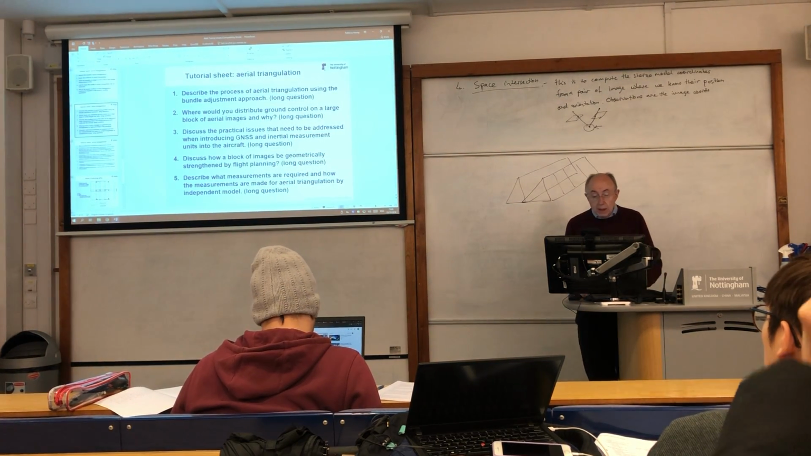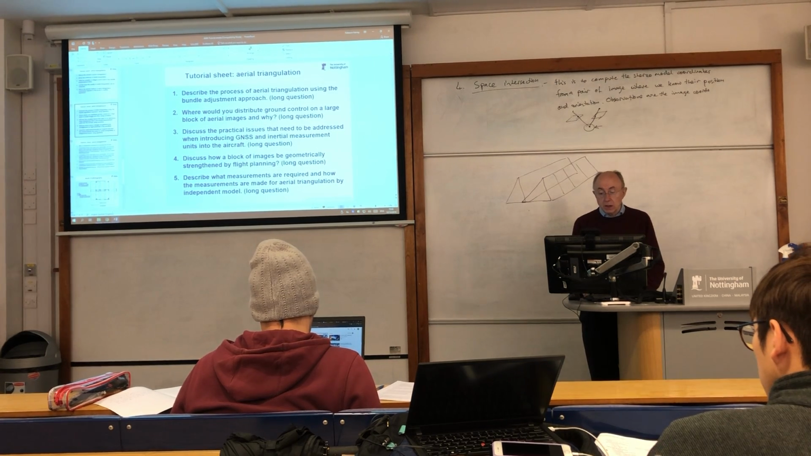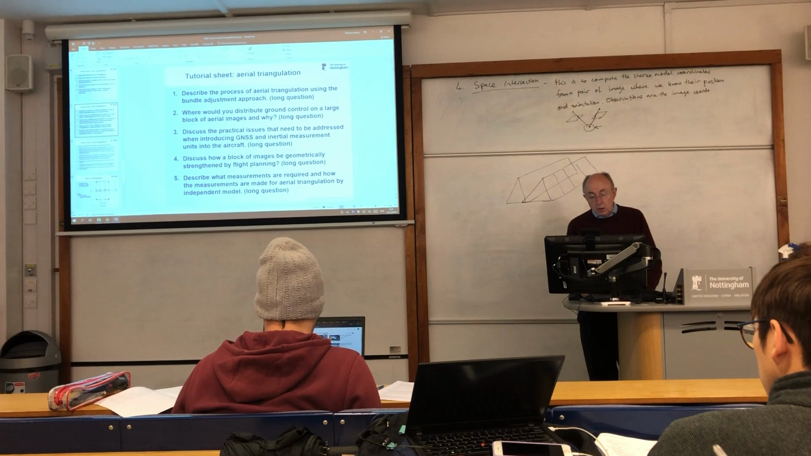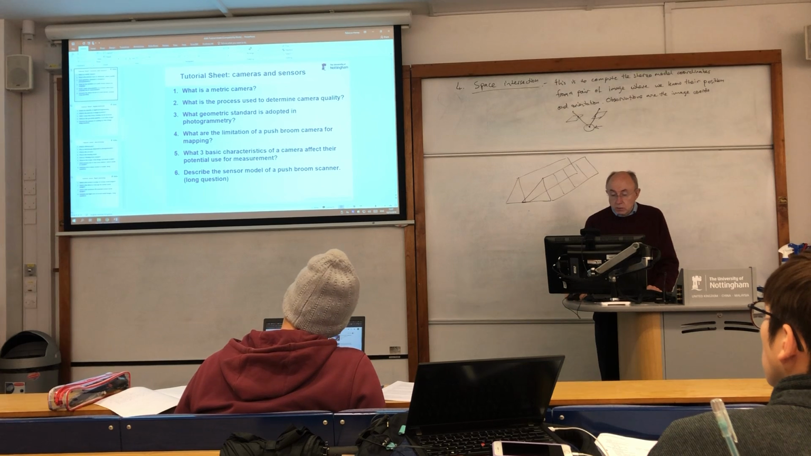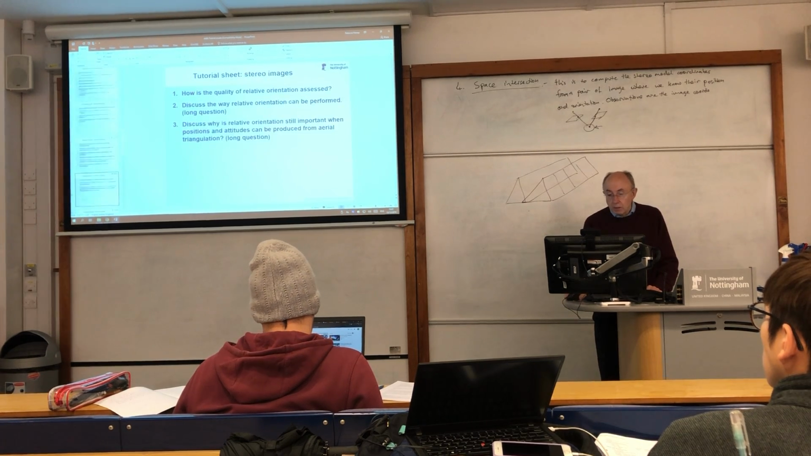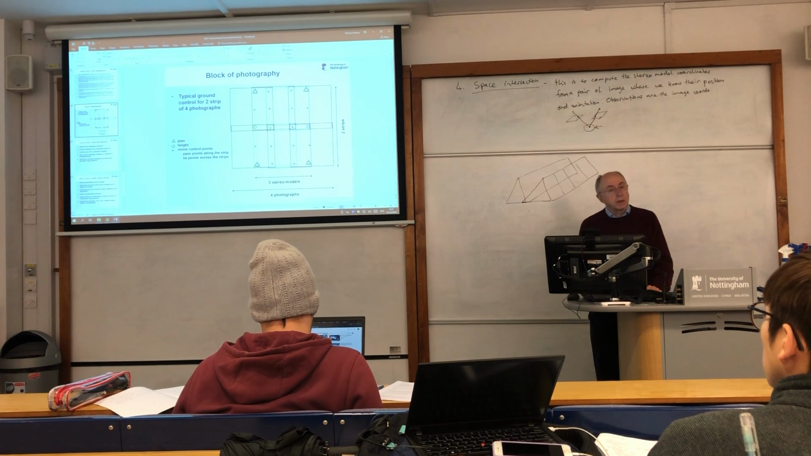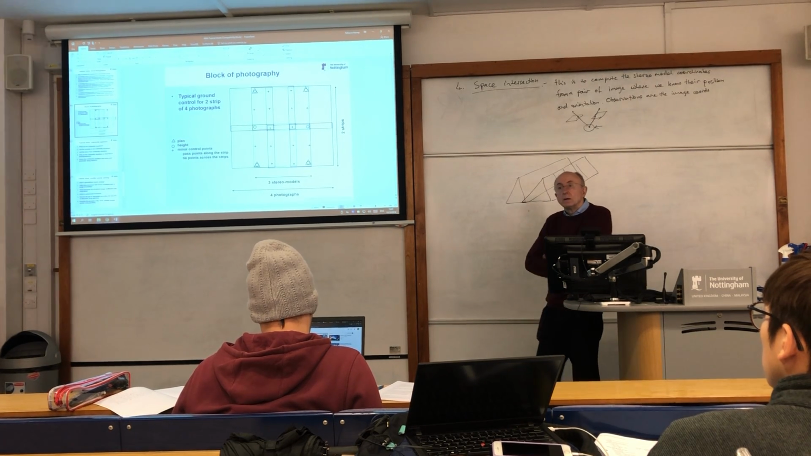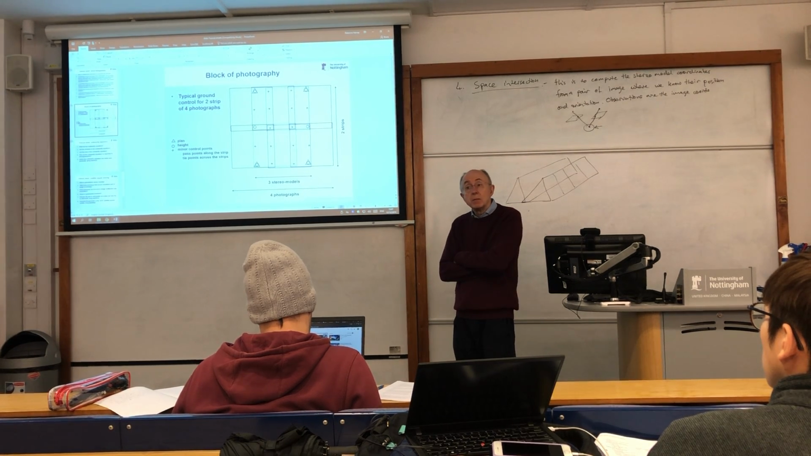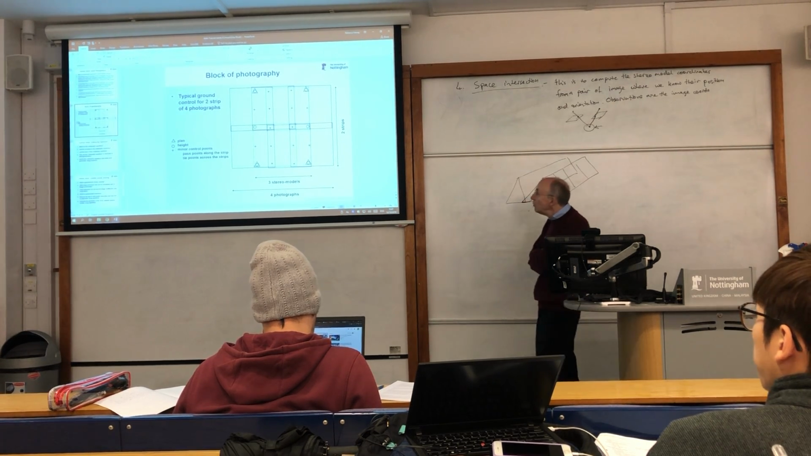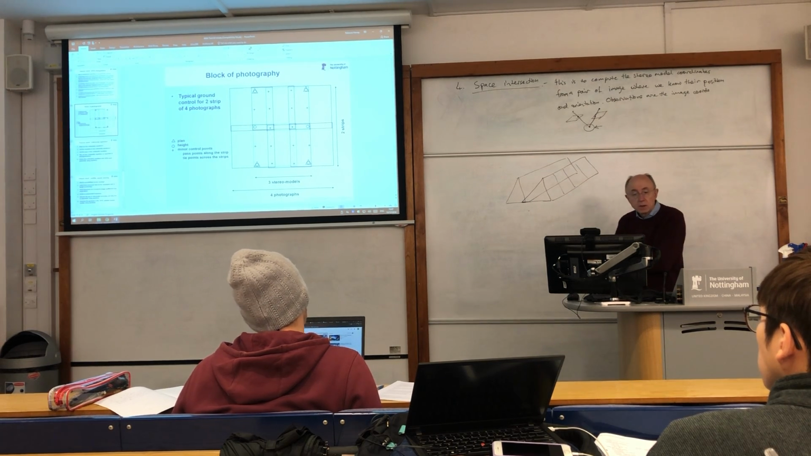Describe what measurements are required and how the measurements are made for aerial triangulation by independent models. Right, so I would draw something like this, I think. Don't forget you can draw pictures in exam questions. And then describe it, but don't just draw a picture and not write anything about it, because that just says to me, oh, you've remembered the picture, but don't understand what's in it or what it's used for. So I would draw possibly a picture like this,